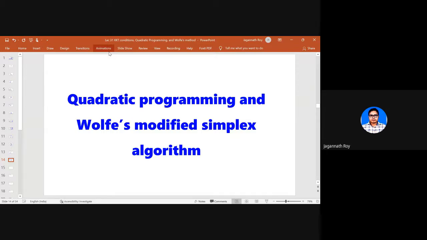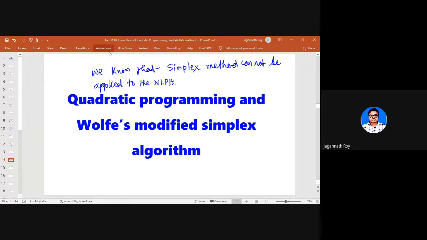Okay. We know that the simplex algorithm method cannot be applied to nonlinear programming problems. Okay, but recall that